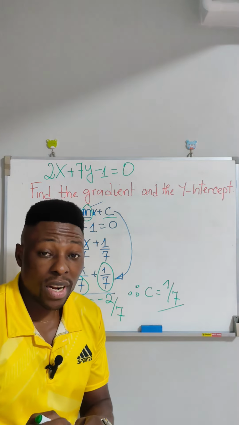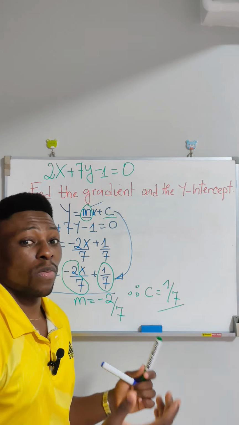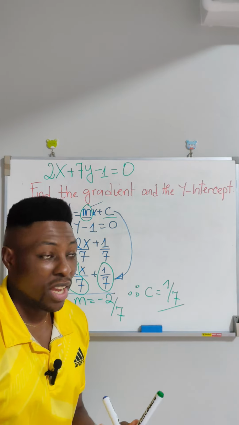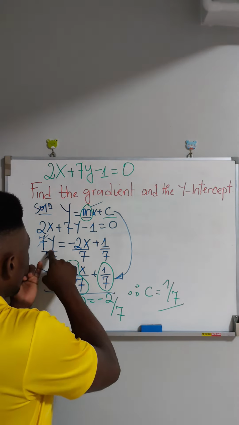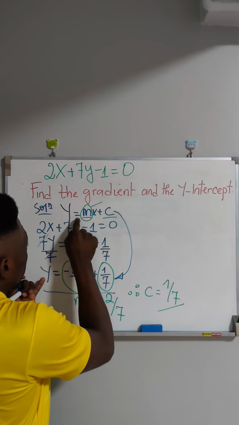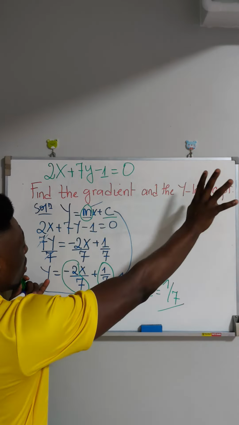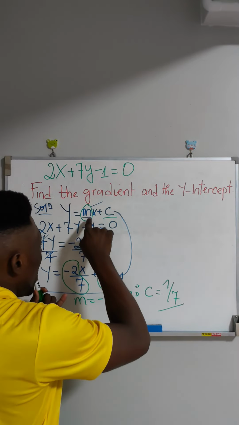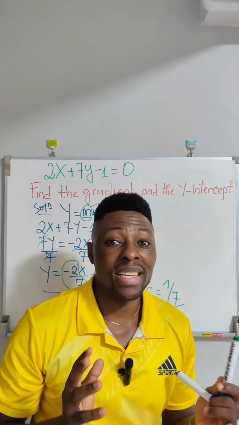Like I said before, there exist other means of going about this, one of which is by differentiation. It starts by bringing it in this format, and then you differentiate this equation in terms of x. You will notice that everything else will disappear, and all you'll be left with will be the coefficient of x. That's if at all we are dealing with the equation